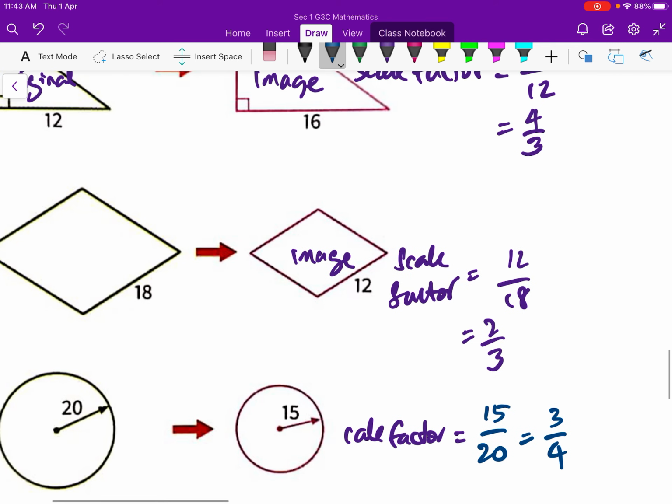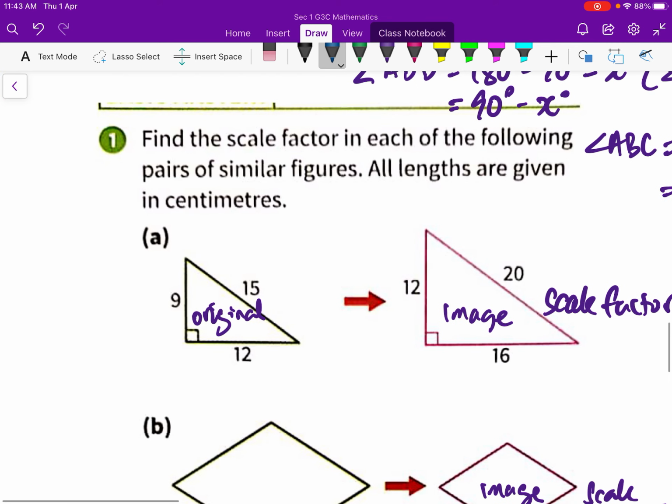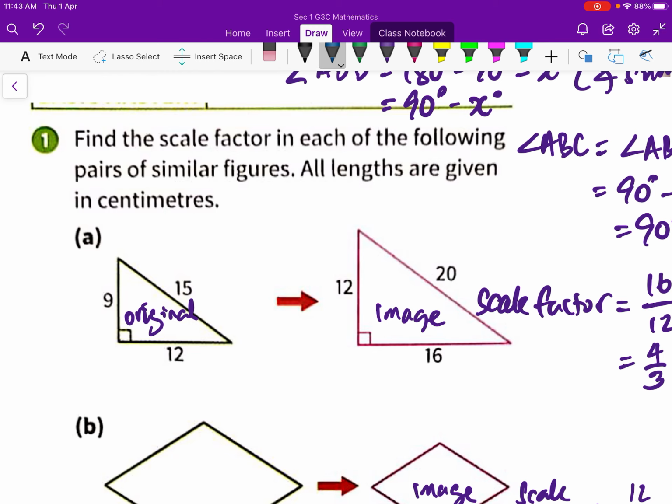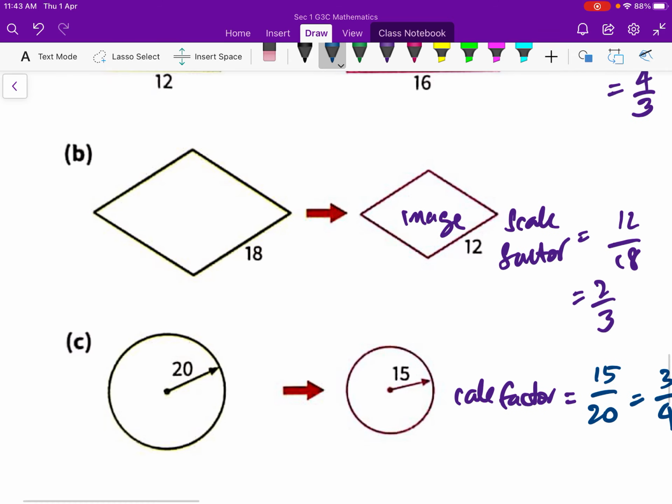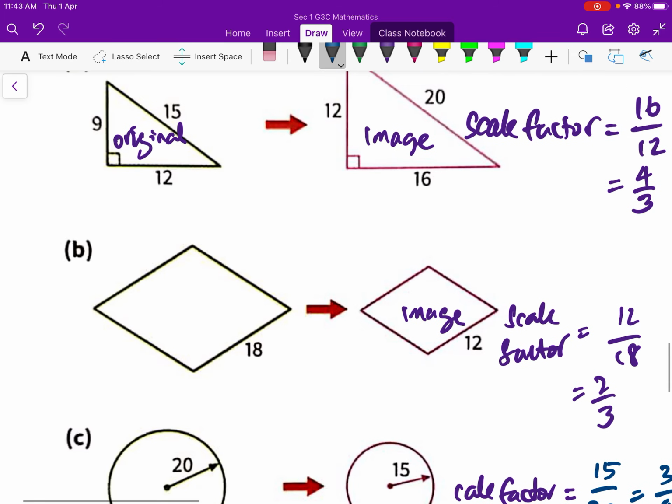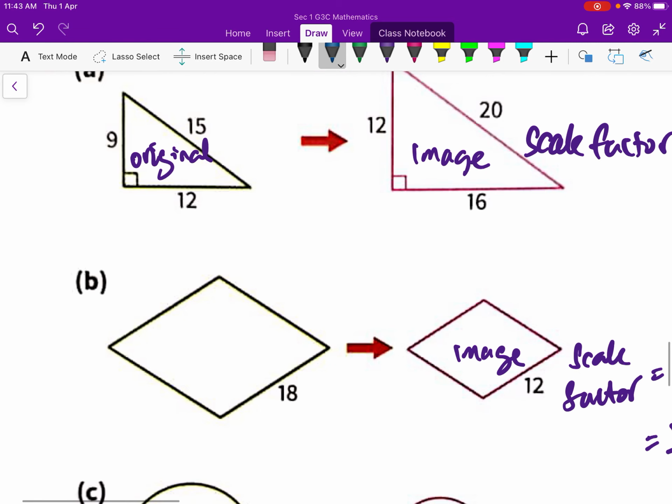Just like in this triangle, you can use 20 over 15 or 16 over 12 or 12 over 9, you get the same answer. You will have the same over here. Okay? In this part B, I just want to show you instead of 12 and 18, if that is not given to you,